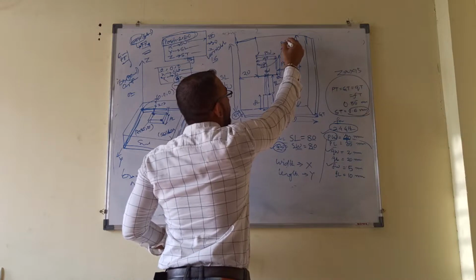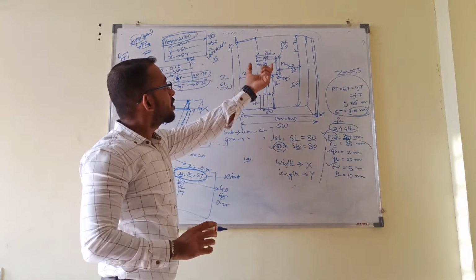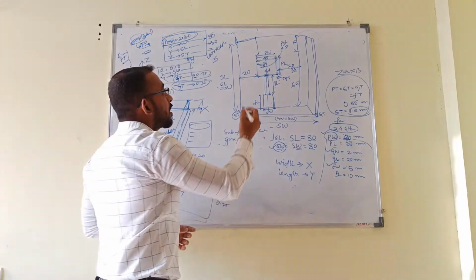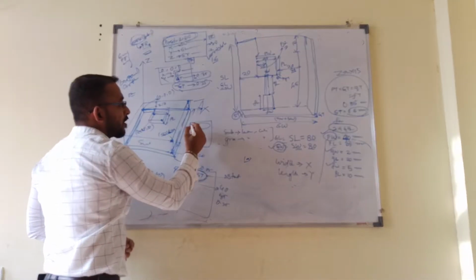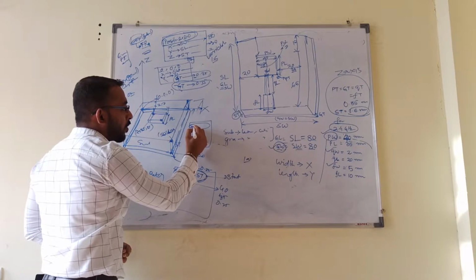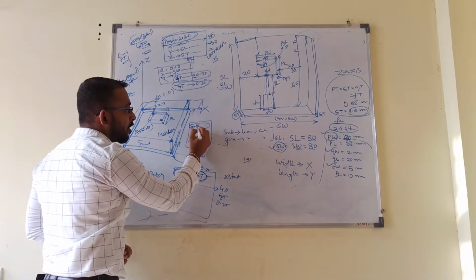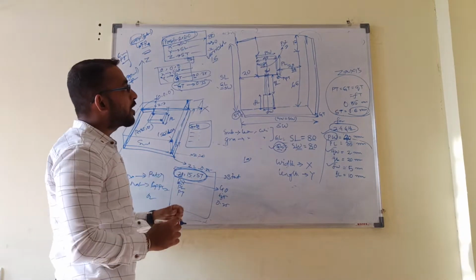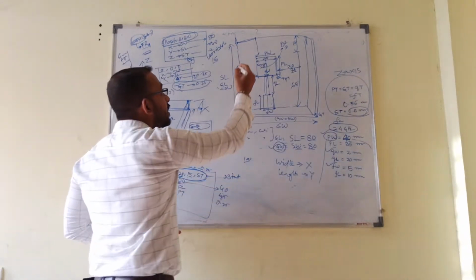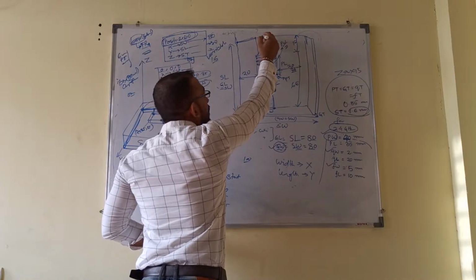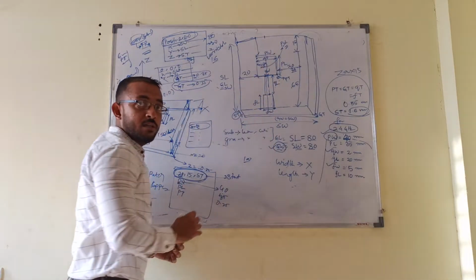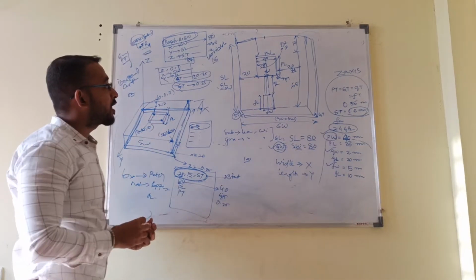Now 20 mm is nothing but my starting value. Can I write this 20 as PW by 2? Since the total is 40, this 20 is nothing but PW by 2. It means for the x position I have to write 20 plus PW by 2. Got my point? So 20 plus PW by 2 means I reached the center line of this patch in the x axis.